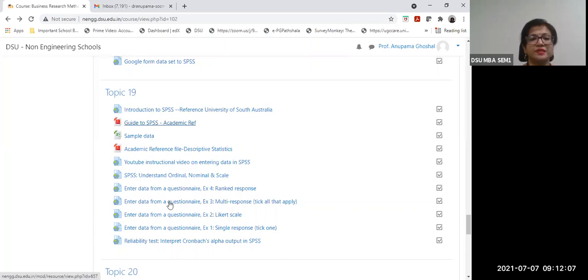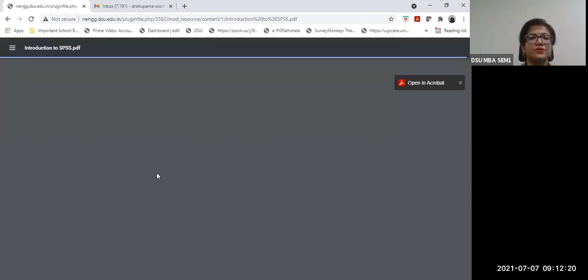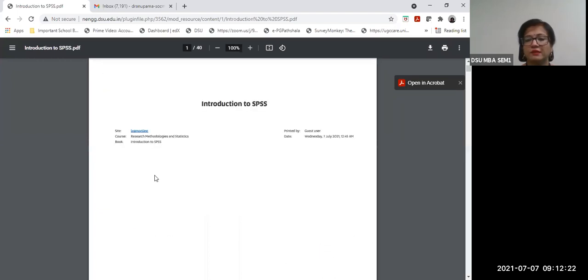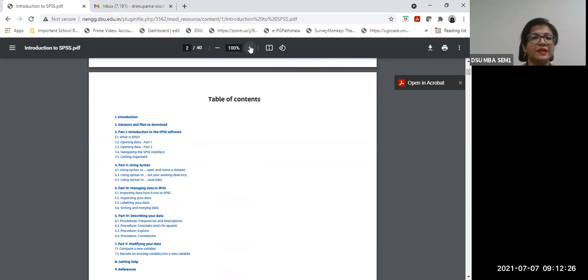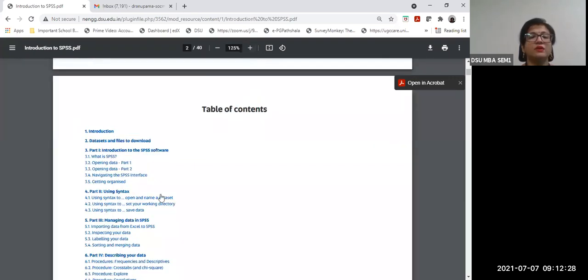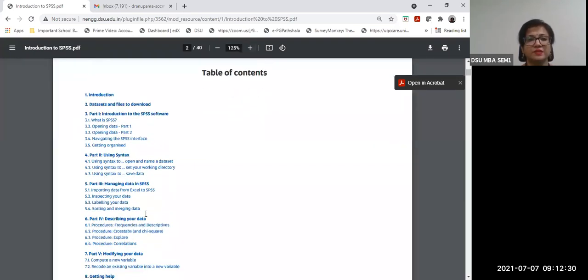The guide to SPSS is that PDF file, which I told you, which will be something which you can access at any time. And these are instructions and all that given, which is like standard for all the versions of SPSS. All right. So you can have a look at the PDF also. You can go through it. You will not have any specific questions in the exam pertaining to this, but it will be important for you to understand it for application purposes.